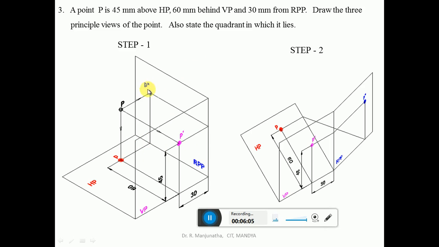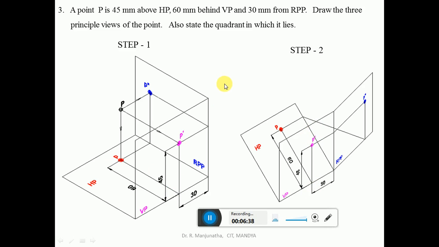So when the observer is from the right side view, we can see the distance of the front view and also the distance of the top view. Now we will cut it here and open it such that HP will be rotated to the top side and right profile plane is rotated to the right side, as shown in step 2, wherein we are finding the intermediate step. As the HP is rotated, since these two are perpendicular to each other, both P and P dash will be lying on the same plane.